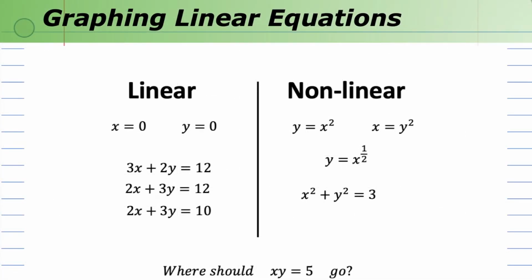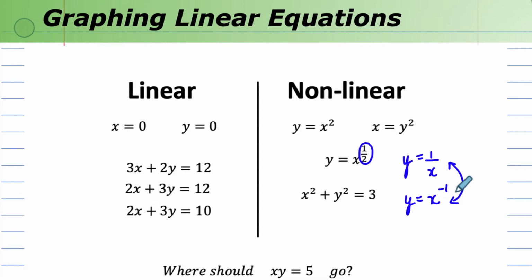Here's a quick summary of linear versus non-linear equations. Keep in mind you need to have an equal sign. You need to have at least one variable, could be two. We need the exponents of the x and y or any variables to be 1. And that means if we have x to the half, that would not be linear. Y is equal to 1 over x is included in the non-linear section because this equation can also be written